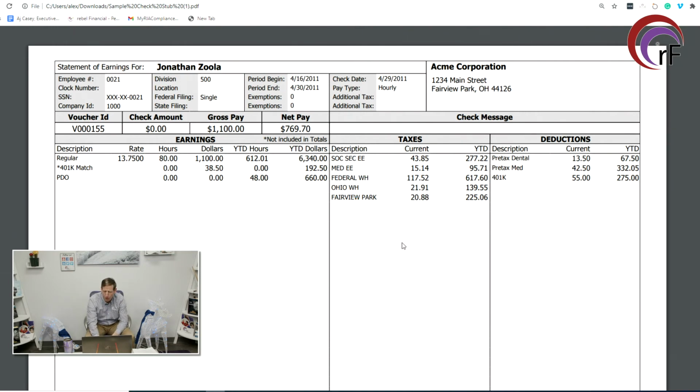So the last thing over here that you're going to see, these are the deductions. So you might be paying dental or medical or putting money into the 401k. So they're a running total from the current paycheck into the total for the year. All right, so you want to make sure that's being taken care of. The other thing is, when you're looking at this, there are other benefits that you might be paying for. Short-term disability, so you'll see SDI, LDI, long-term disability. You'll see a number of things on there, and you just want to make sure that you're not paying for more than the benefits you're getting,